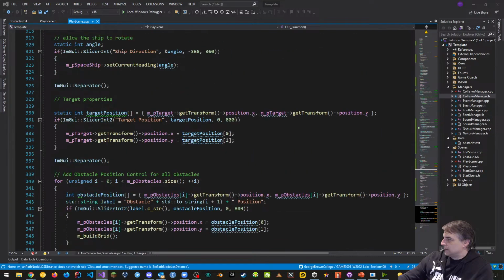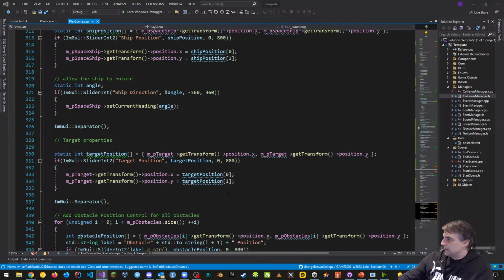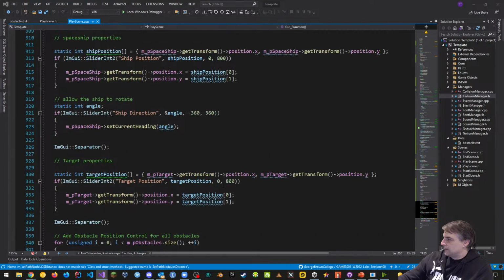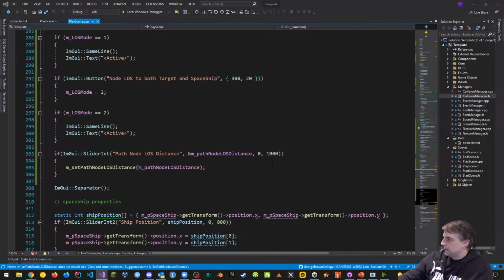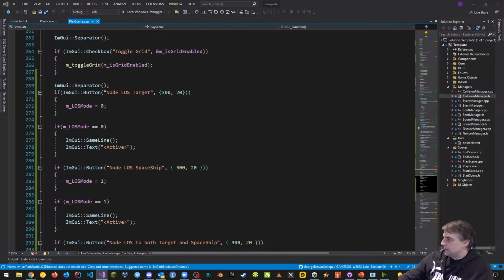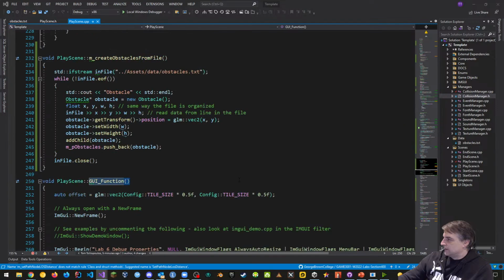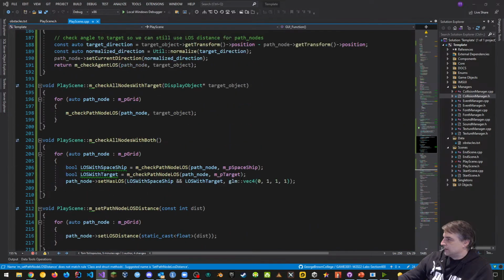So let's suppose I want to calculate the distance. Target position 0 and 800. There's the angle. And there's the slider. Now, it looks all good to me. I think the problem, if there's any problem at all, is in those check functions, these things here, and probably check PathNode line of sight, because we're doing it so often. Check PathNode line of sight is something that we have to check out.